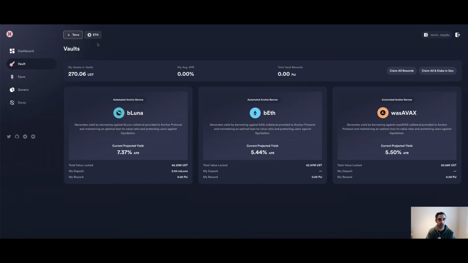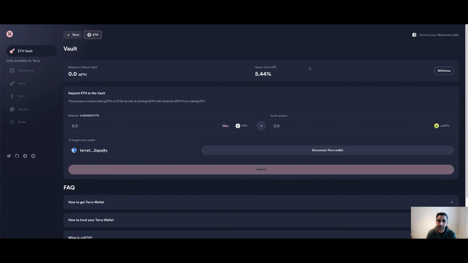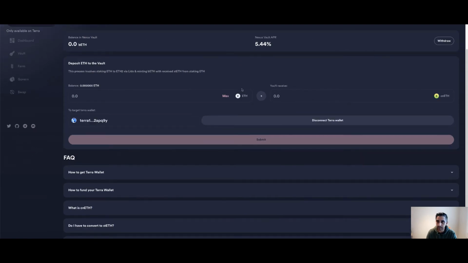For the current process, you have to use a few different bridges and move it across. What if we can streamline that? And that is exactly what they've done. So if you click on the ETH button up here, you can see that